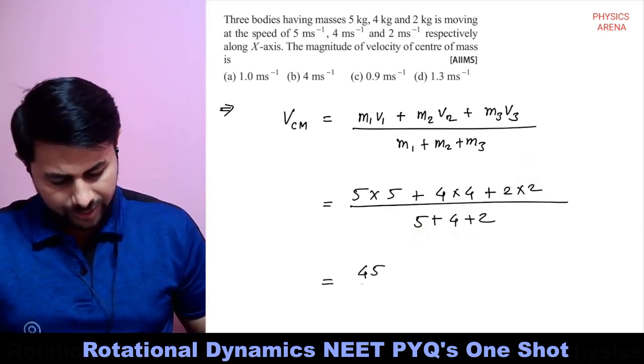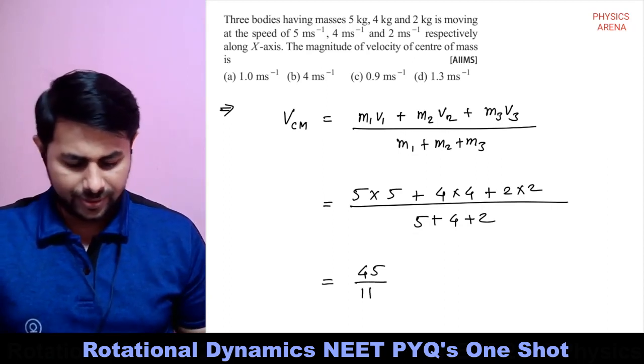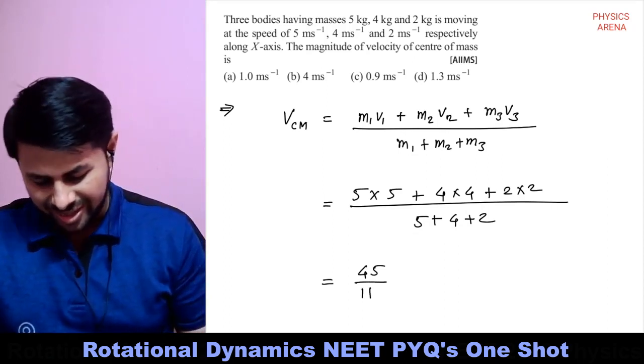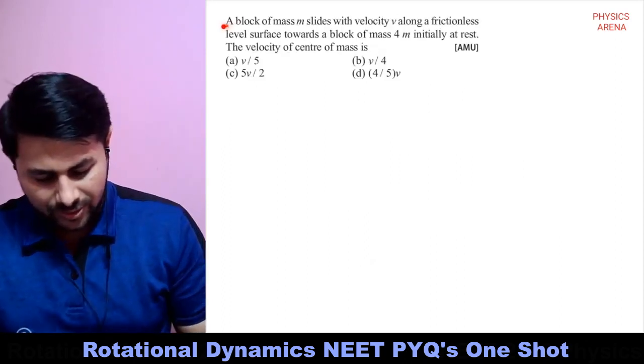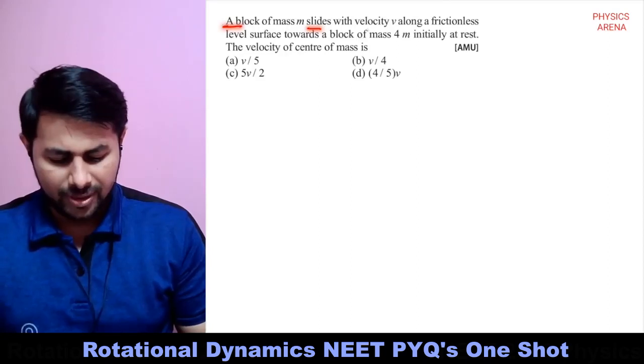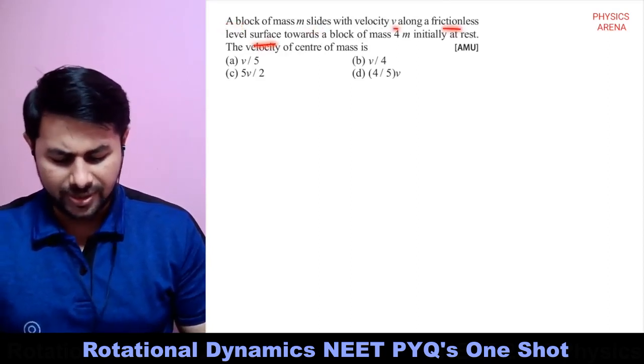Okay, 45 divided by 11. So it is 1 point something. I'm sorry. It is 4 meters per second. Yeah, sorry. All right. So a block of mass m slides with velocity v along a frictionless level surface towards